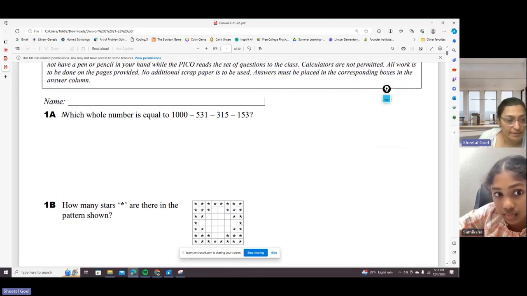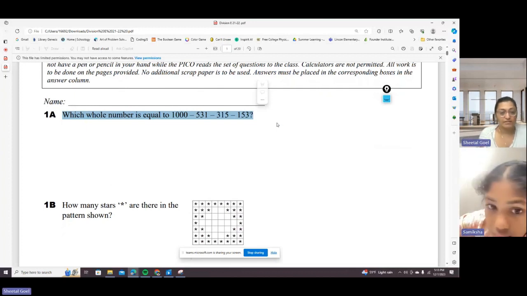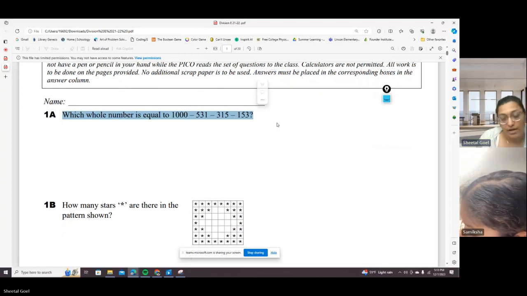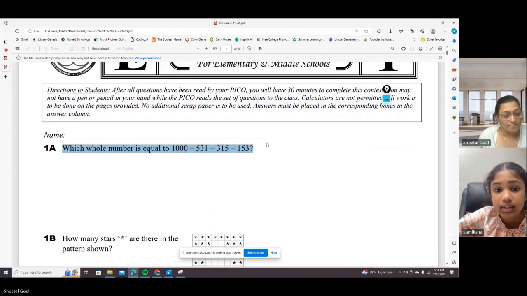Now I want you to attempt to guess. I really want you to guess what number is equal to 1000 minus 531 minus 750 minus 750. I want you to think of 2 different ways of doing this. What can we do? 2 different ways. One could be you take the 1000 and you subtract each, and the other could be you add the